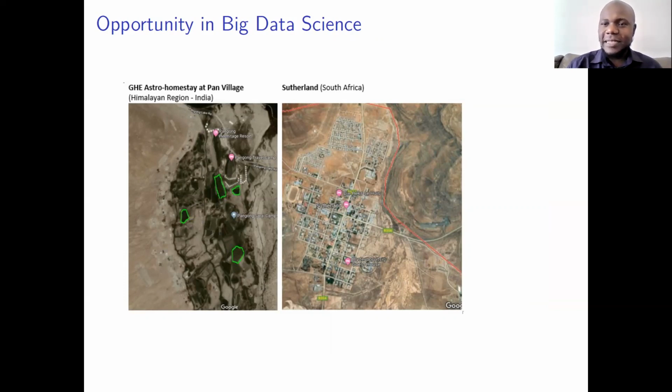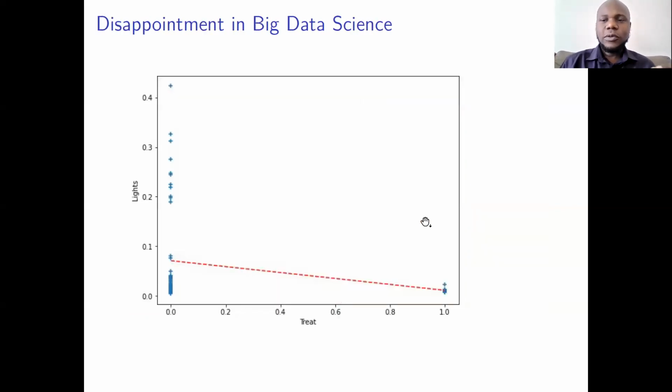In Sutherland, for example, in South Africa, we've got this observatory where the Sutherland town hosts the Southern African Large Telescope. People throng this place to just have a look at the infrastructure, have a tour around this massive telescope, and also to do stargazing at night. So one might then use this night lights data, the example I was just showing you about Europe, to see whether economic activity is being stimulated around this observatory, although the problem might be that astronomy is a dark skies science, so you might not necessarily see what we are looking for if you are using night lights data. So this is what I was just saying.